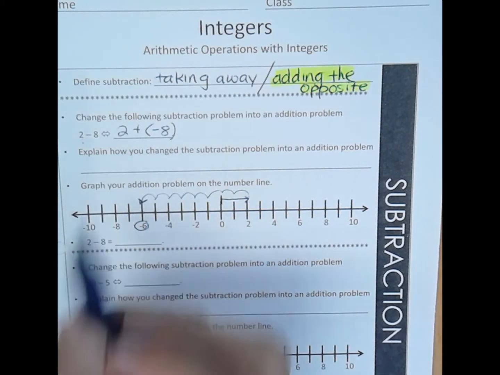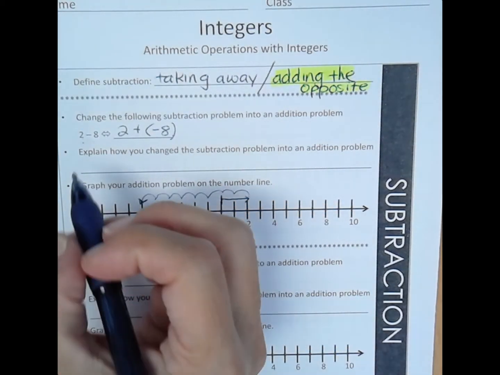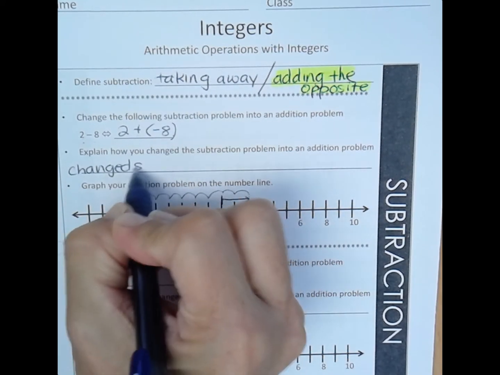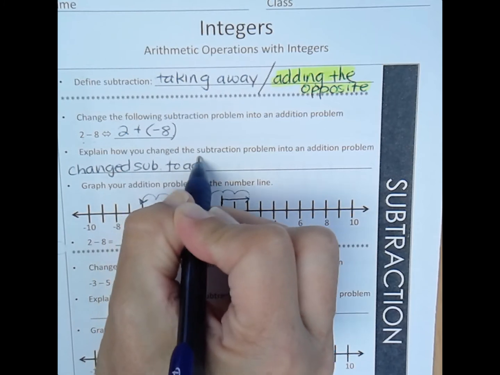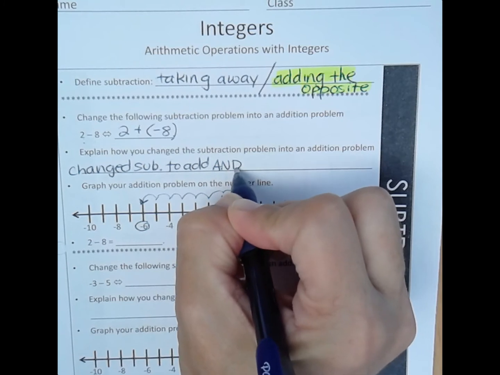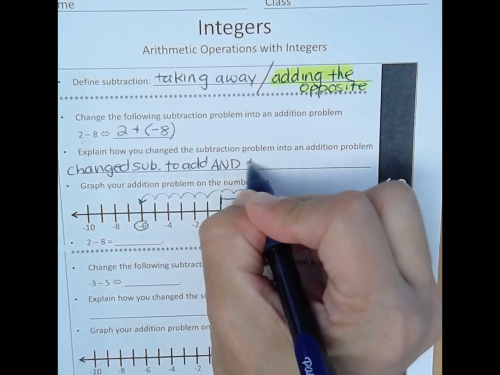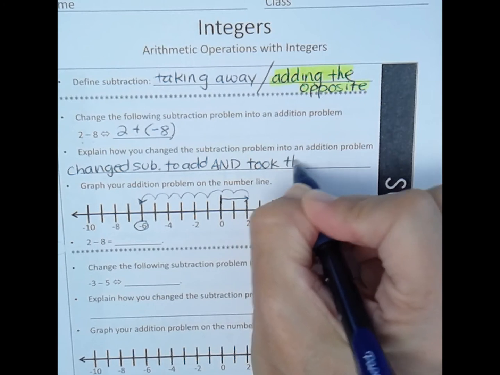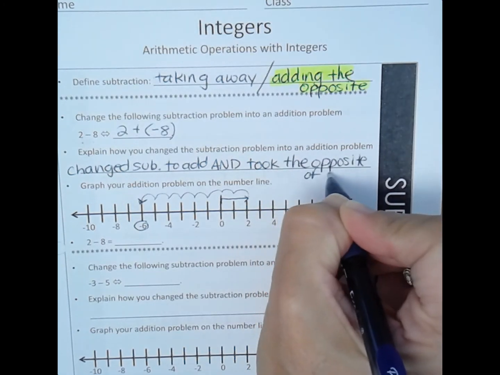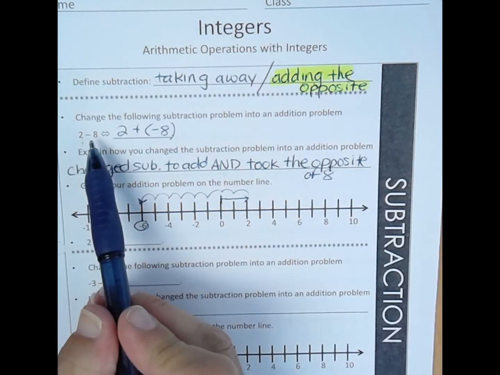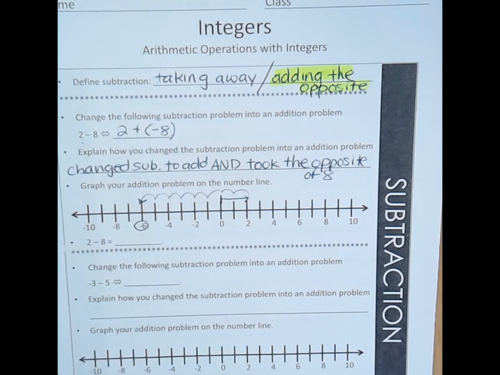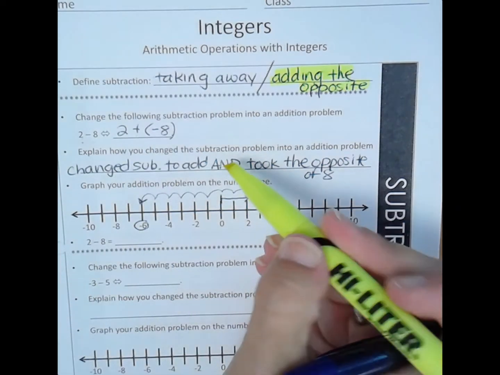So explain how you change the subtraction problem into an addition problem. I'm going to abbreviate here because there's not a lot of room. Change subtraction to addition, and take the opposite of 8. So instead of 2 minus 8, we had 2 plus. We changed the subtraction to addition, and then we took the opposite of 8, which is negative 8. And I'm going to highlight the word and,